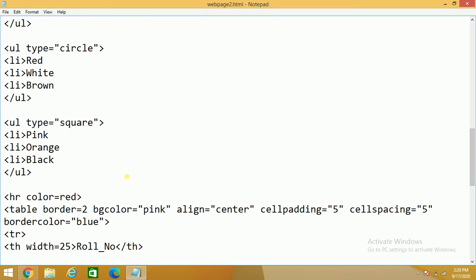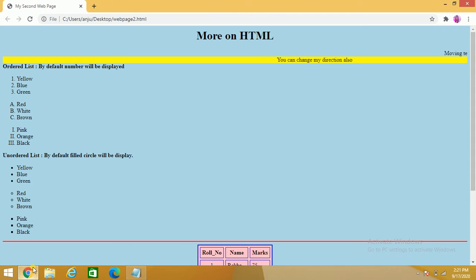Now I want to give break, means I want to put some line between two things. So मैंने क्या करा, HR last class में हमने किया था, last video में HR is used to display line. But if you want to make the changes, suppose if I will write here HR, by default HR will come in black color, but if you want you can change the color of HR also.